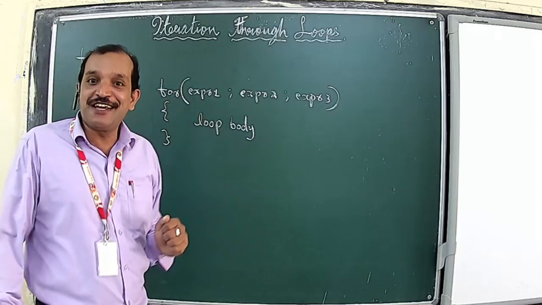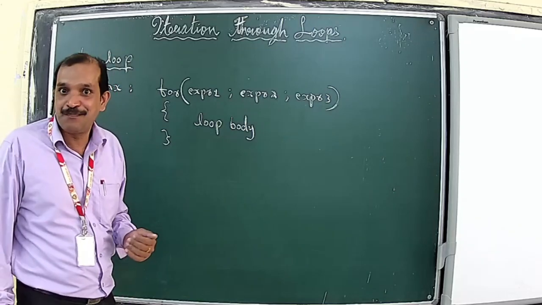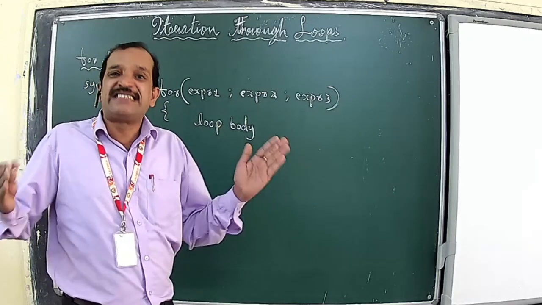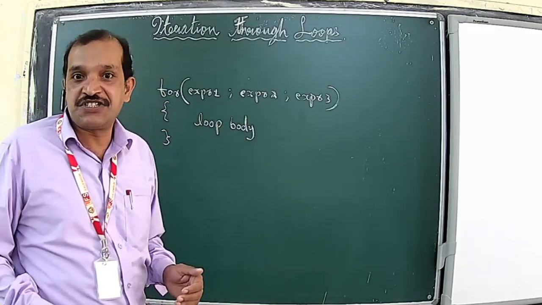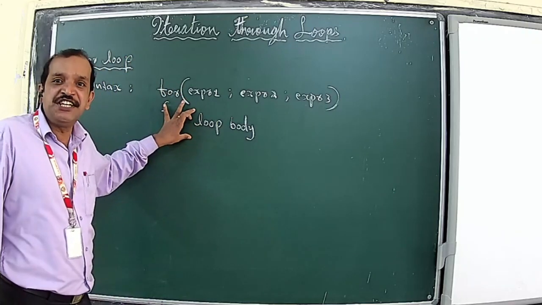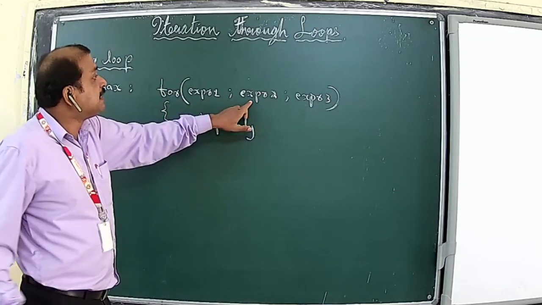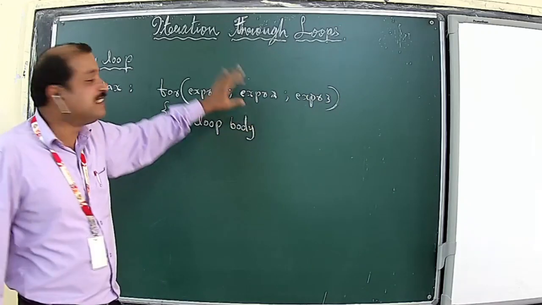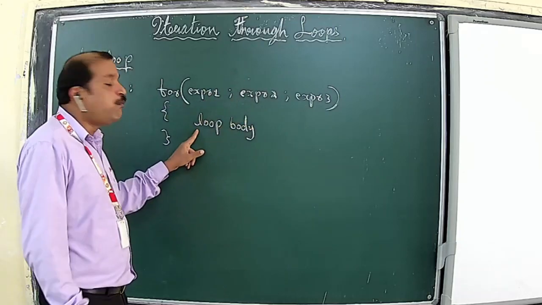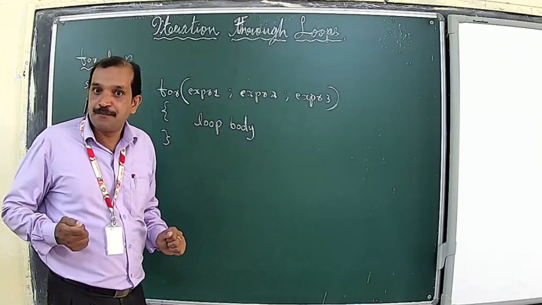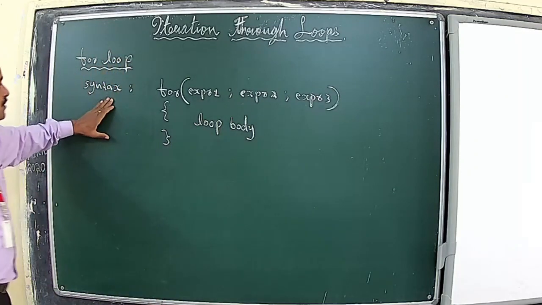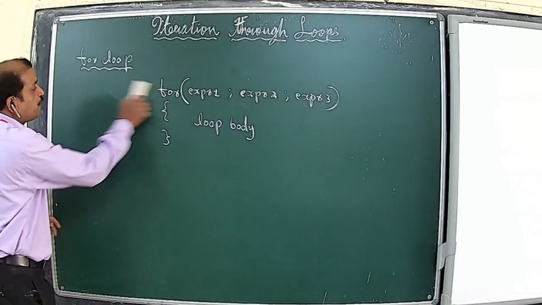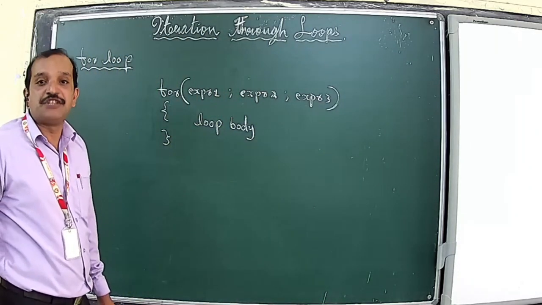And these details will be clear to you as we see our first example. Then we have the loop body, and this loop body may consist of a single statement or a group of statements. This loop body will be executed repeatedly as long as expression 2, the test expression, is true. I hope the syntax of the for loop is clear. If you have understood, we will proceed further with our first example with this for loop.